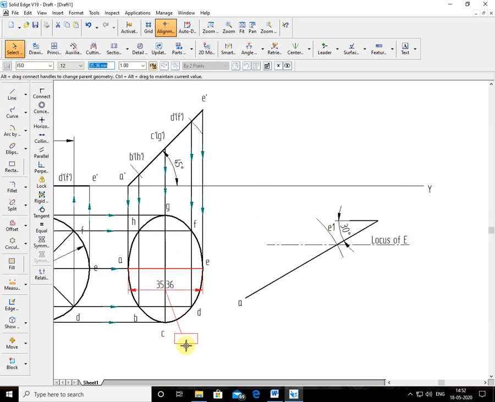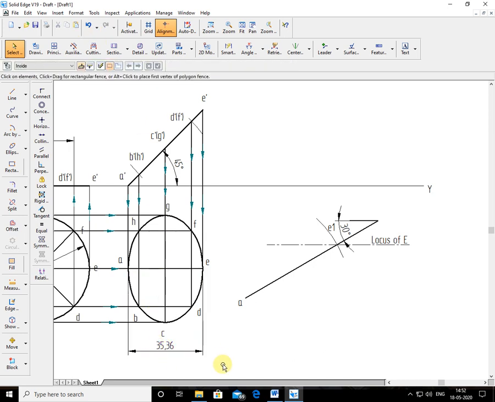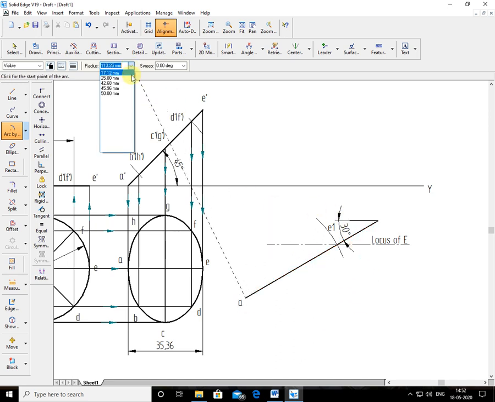So I'll go to arc by center point. It's like a compass. From A, you set the radius to 35.36 and draw the arc. So draw the arc on the locus. You should always draw the arc less on one side and more on the other side, so that you can select the correct intersection point. Otherwise, it will take the midpoint of the arc. So I'll make it here a continuous line. Now this is your E point.